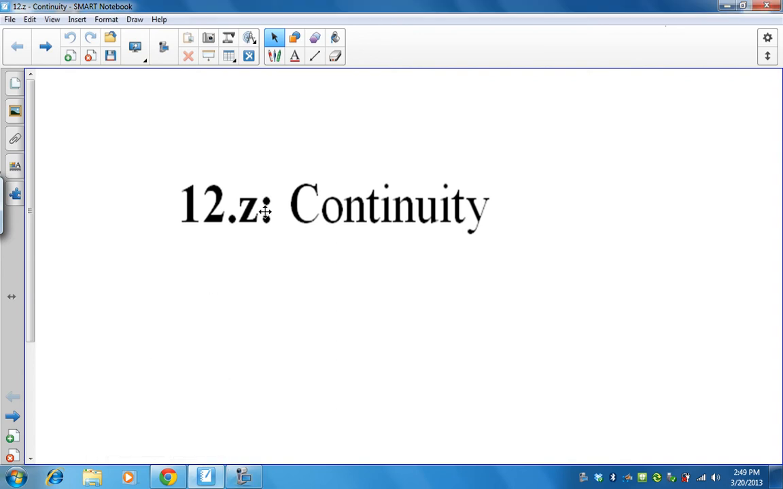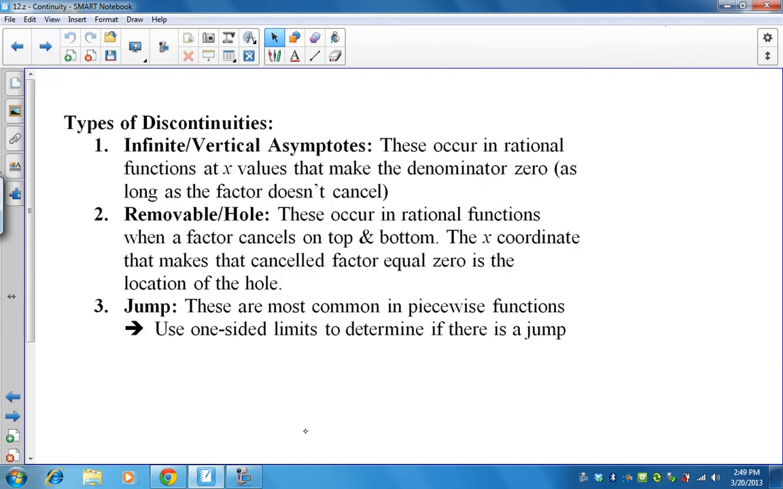Alright, this is our last lesson in this chapter. This is continuity. We have talked about discontinuity in the past. It was last semester where we talked about vertical asymptotes and holes. If you remember, vertical asymptotes happen when the denominator equals 0, as long as the bottom doesn't cancel, and you have a hole. If you ever can cancel a factor on top and bottom, then whatever makes that factor 0